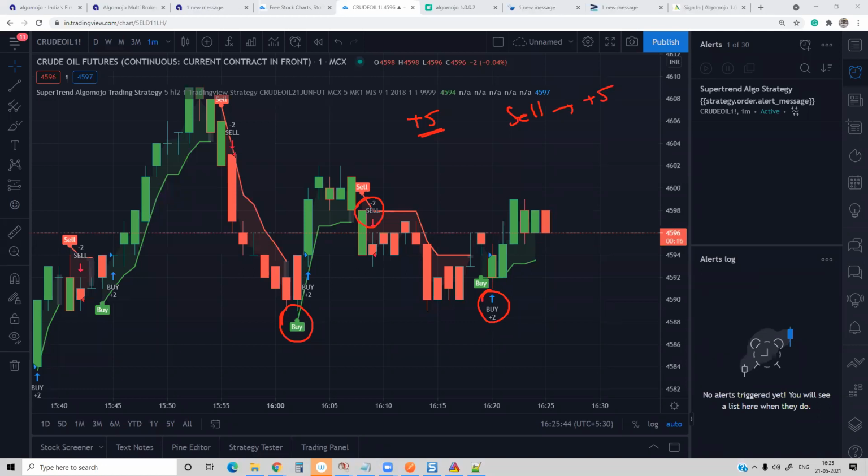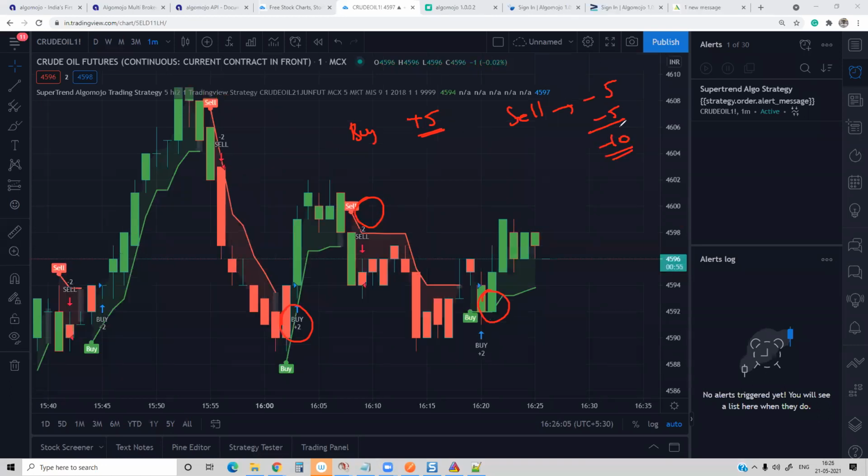That means I have to send a -5, which closes the previous position. In fact, I have to take -5 more, so -10 total to reverse my position. If the previous position is a buy, we take +5. If you want to completely reverse your position, you have to double the quantity.